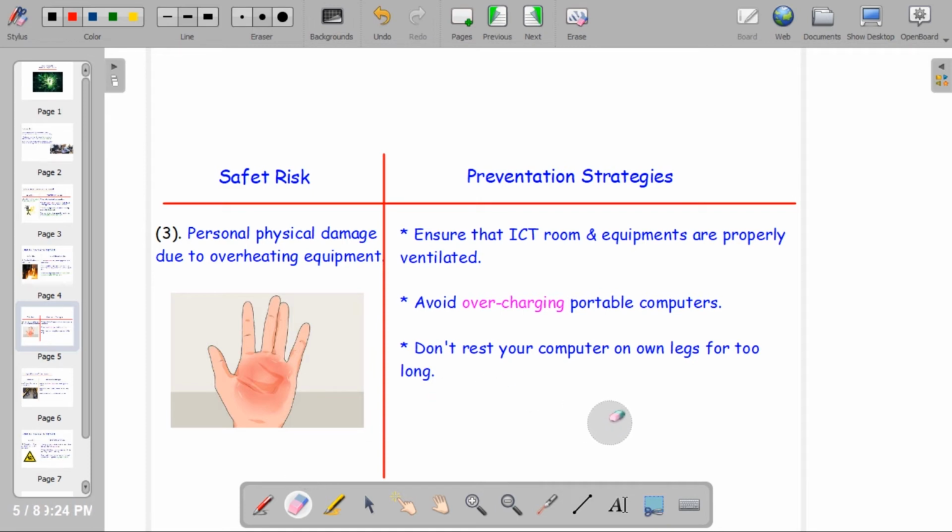Number two, avoid overcharging your devices, whether they are mobiles or portable computers. Always avoid overcharging, because when you overcharge these devices, the extra electricity will turn into heat, and this heat will lead to heating the device as a whole, and without knowing or without focusing, you will find yourself touching that piece of device and getting yourself damaged. This is how to avoid it, as prevention strategy number two. Prevention strategy number three,